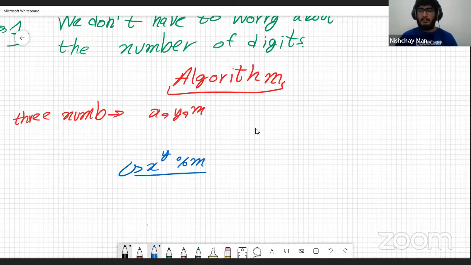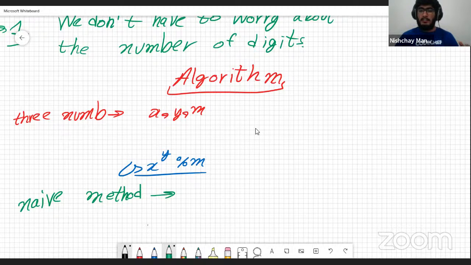We have to calculate this. It's a really simple concept, but you can either go the inefficient way or the efficient way. The inefficient way is the naive method